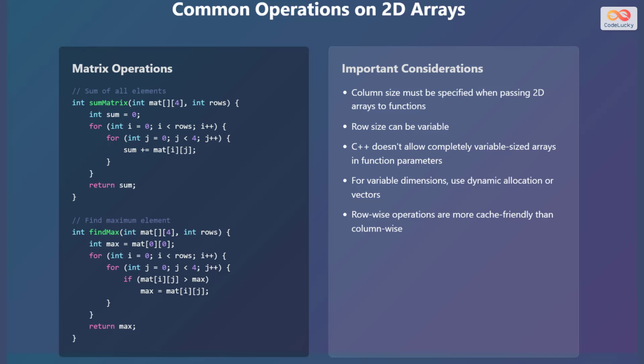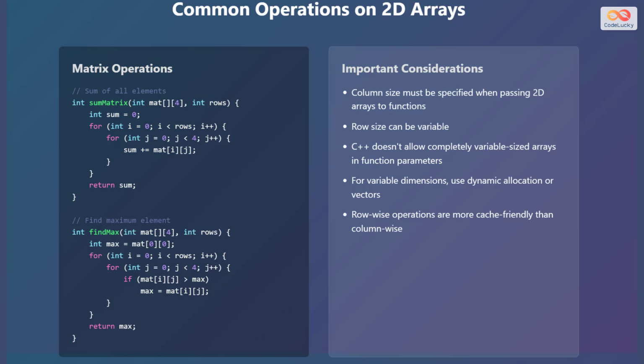int sum(int mat[][4], int rows) { int sum = 0; for (int i = 0; i < rows; i++) { for (int j = 0; j < 4; j++) { sum += mat[i][j]; } } return sum; }